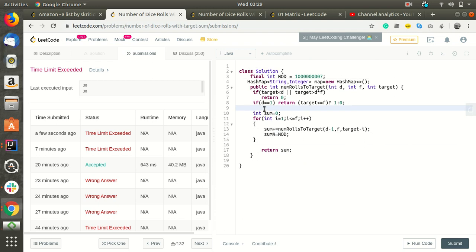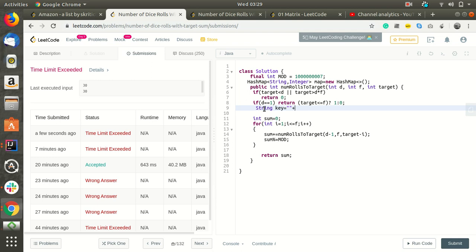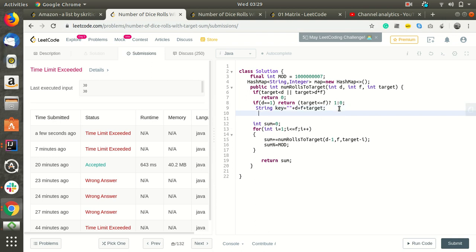Again, let's declare the key of it. How will we form the key? We'll form it as d plus f plus target. So this will be our key. Now we'll always check if the map does not contain the key, then we'll calculate this.